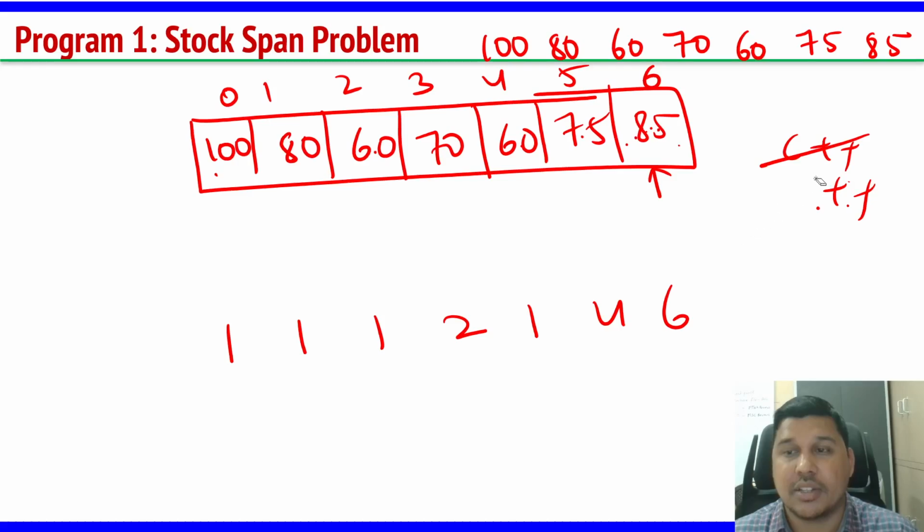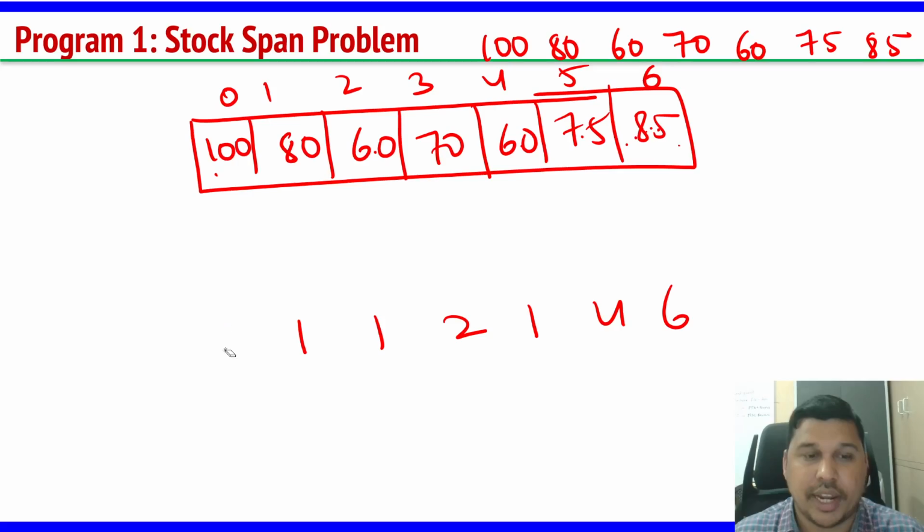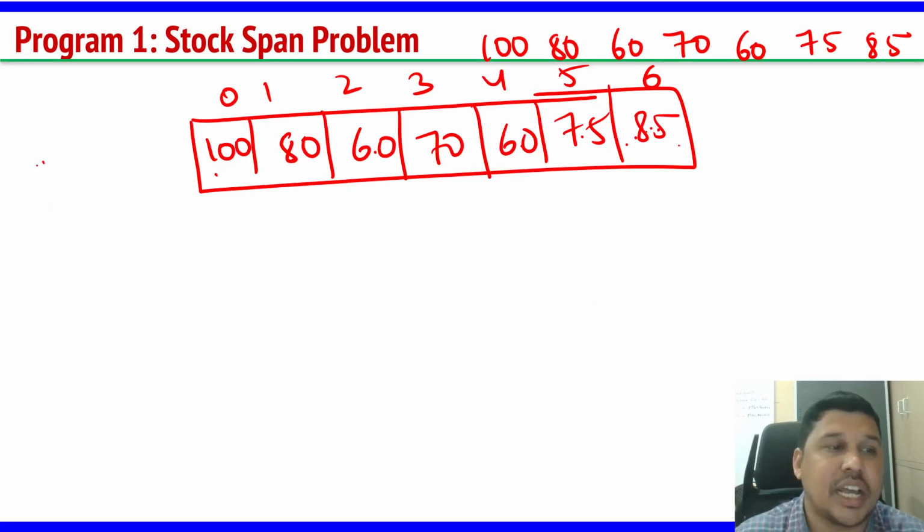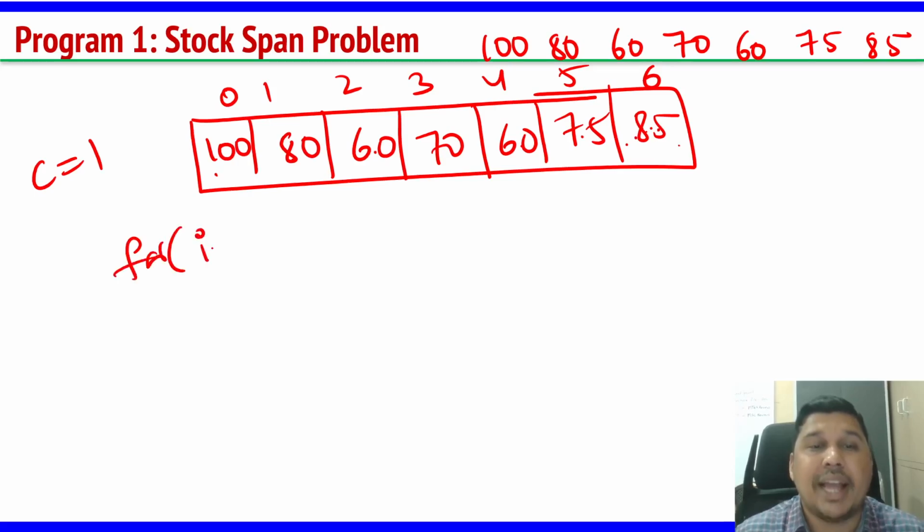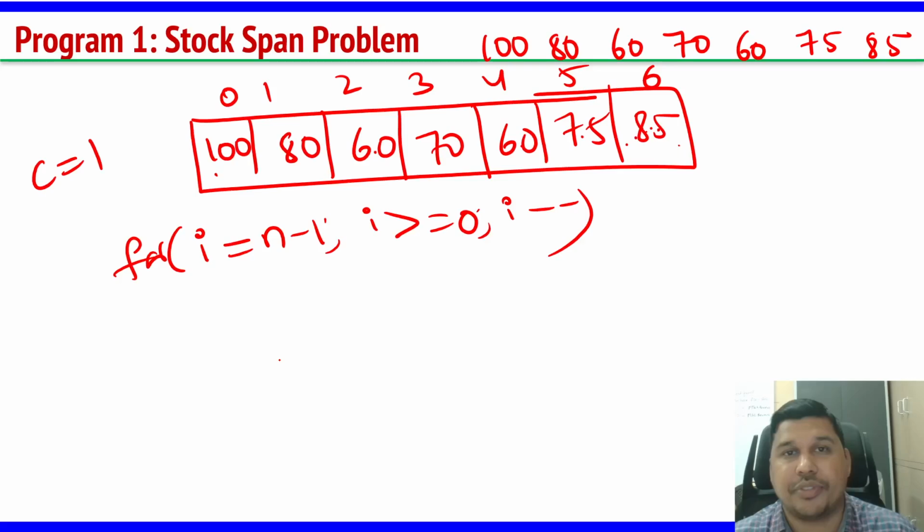What I am doing here, I am taking a count value as 1 initially. So I will erase this answer now. I will initially declare some C equal to 1. Now I'll write the logic in reverse order. For some I equal to n minus 1, I greater than or equal to 0, I minus minus. Okay, I'm doing it in reverse order. I'm starting from